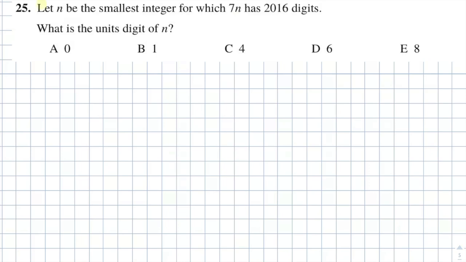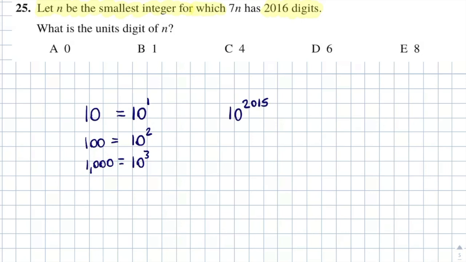So in other words, we need to let n be the smallest integer for which it has 2016 digits. Now, you should know that the smallest number with 2016 digits would be a 1 followed by 2015 noughts. But of course we can't write that out. So we think how we would write 10. 10 is a 1 followed by a naught, so that's 10 to the power 1. And 100 is a 1 followed by 2 noughts, so that's 10 squared. And 1,000 is a 1 followed by 3 noughts, which is 10 cubed. So if we've got a 1 followed by 2015 noughts, that should be equivalent to 10 to the power of